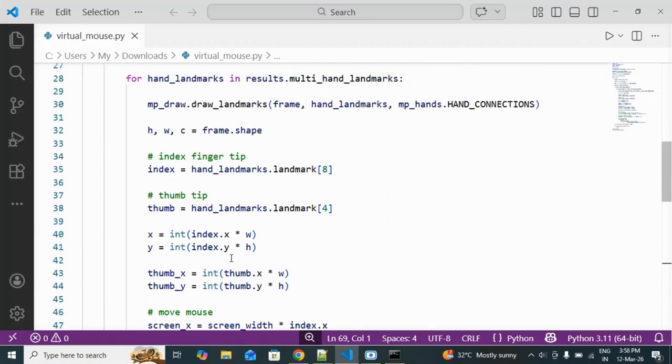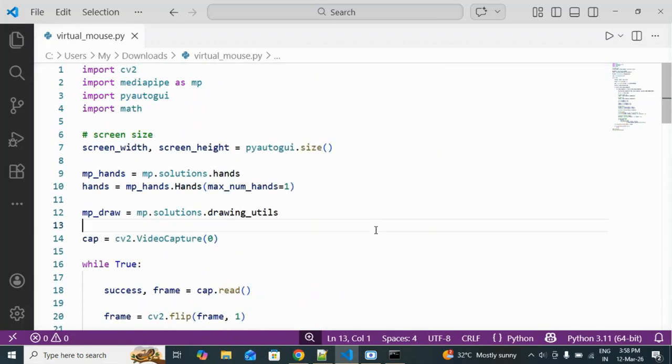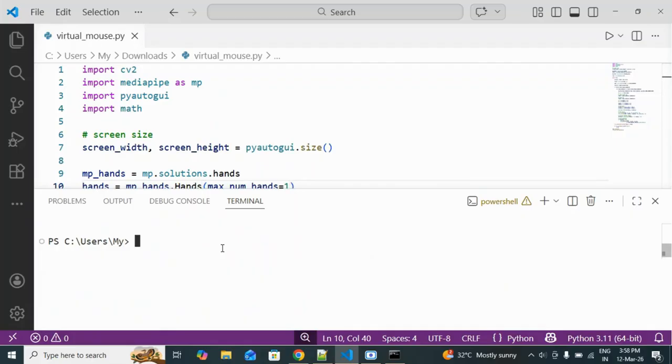So this is a very simple, very basic code for a particular project, and this project is about a virtual mouse. This is a .py file. I have kept the file inside the downloads. So I will change the directory with cd downloads, and to run this file, I'm making use of VS Code. So you have to write python